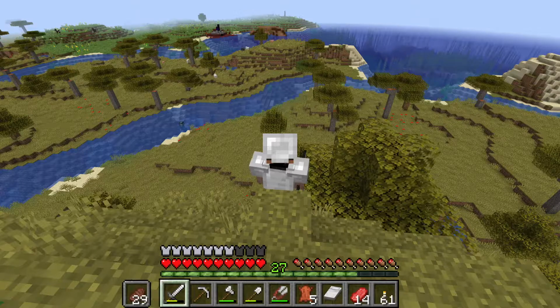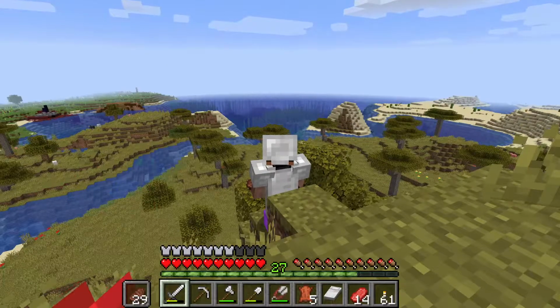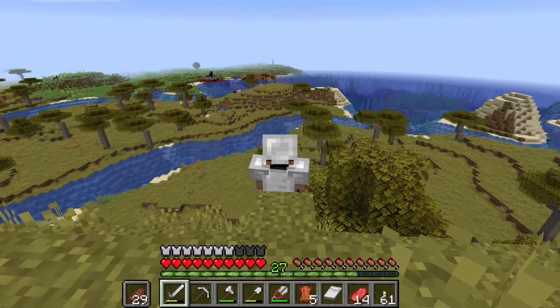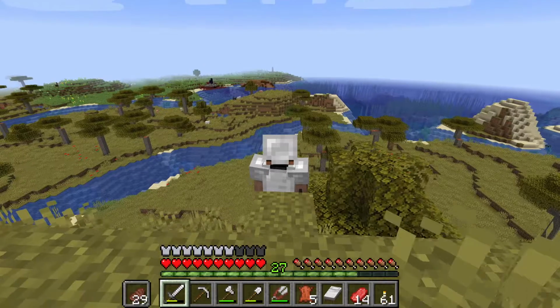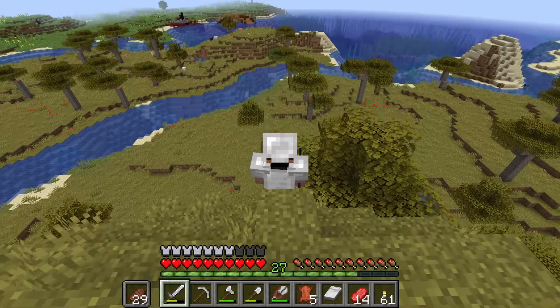I'll give you a hint. Found some more ruined portals. We found coral reefs. What else did we find? There's a few other items too that I'm just gonna hold off on saying right now, because it's better to see it. Maybe it's a surprise, or maybe I'm just forgetting about it. Who knows? But let's get going here,